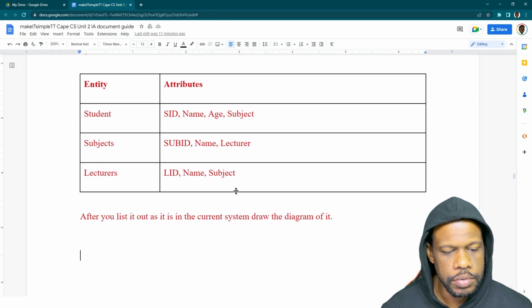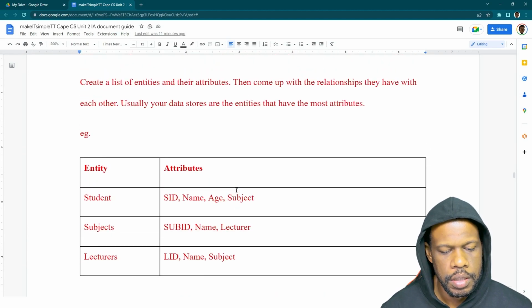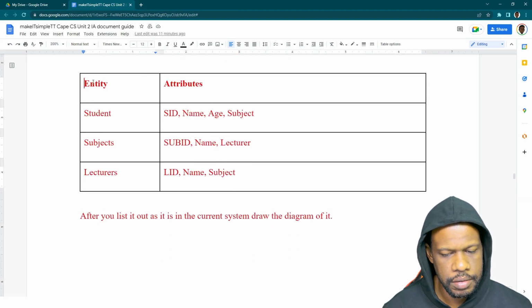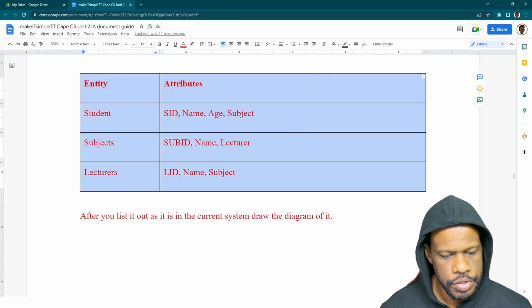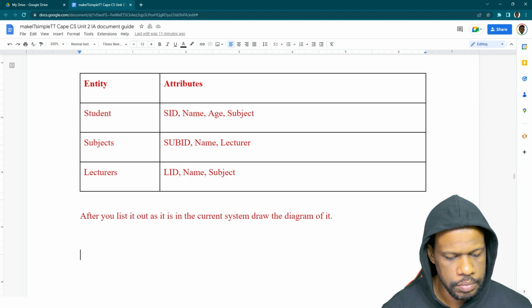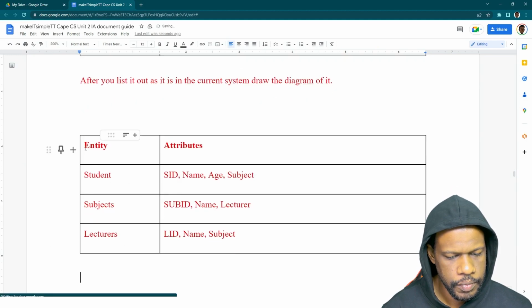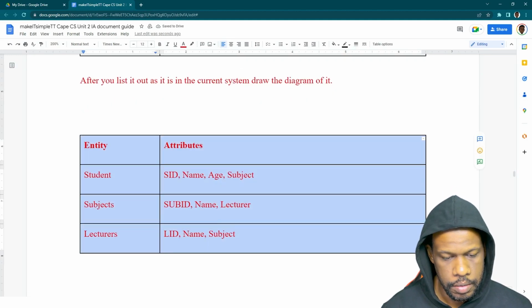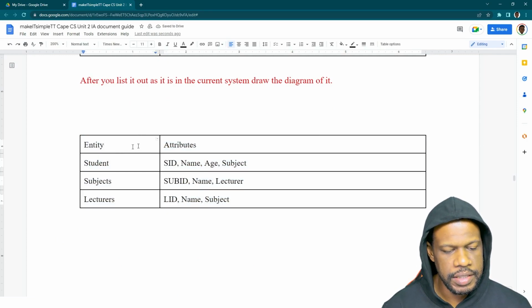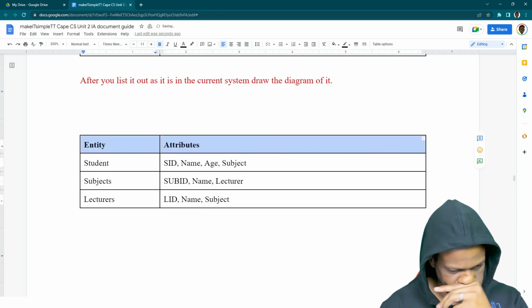So let's go with a short table to start off with, right? So I'll just copy this table here. This is an example table that I did in the PDF. So you'll see this in the app, for free. And right, so I'm going to put in entity and attributes. The entities inside this program,